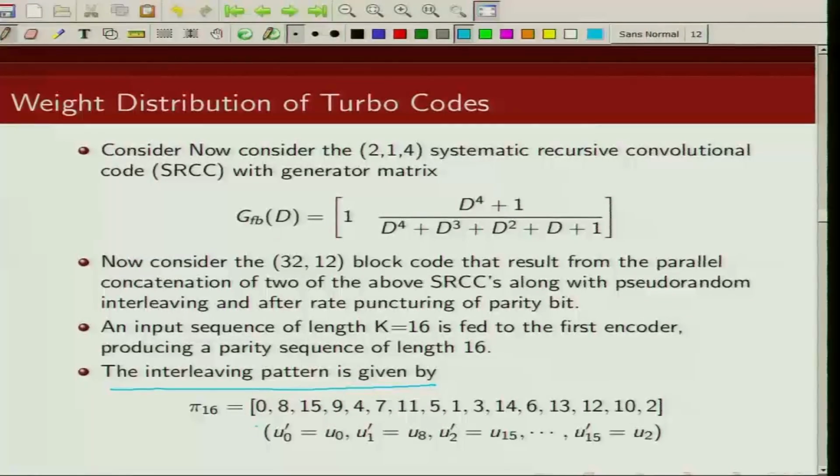You can see here that 0 means the first bit stays in the first position in the interleaved version, and the second bit belongs to the input u8, and so on. The u's are the original input sequence and the u-hats are the interleaved information sequence. This is the interleaving pattern I am using for this particular example to derive the weight distribution of this